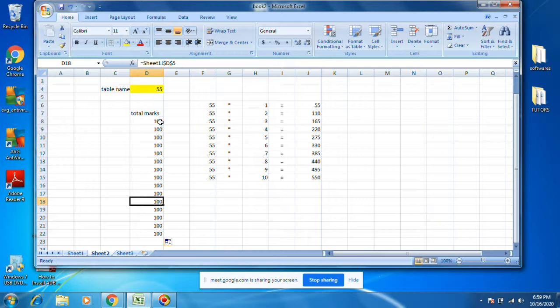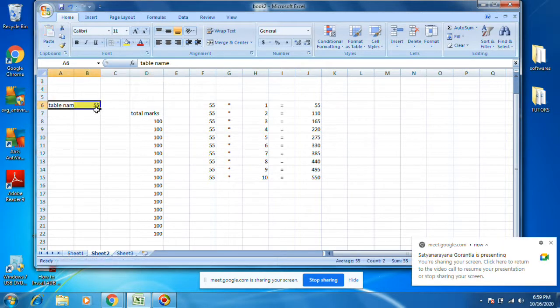Not only D, you can put anything. I kept only D here. Now let's change this, this is B. B also works. You see dollar B dollar 6. Everything changed.